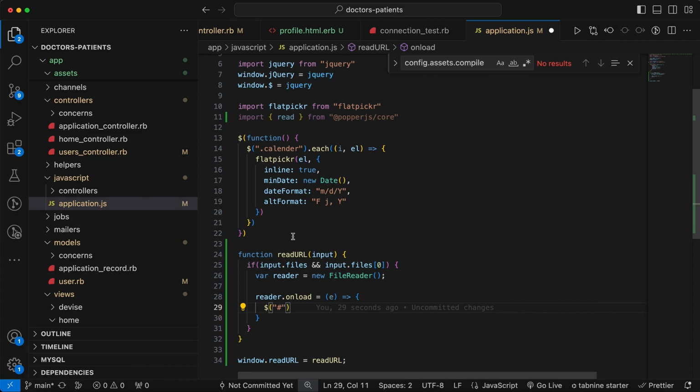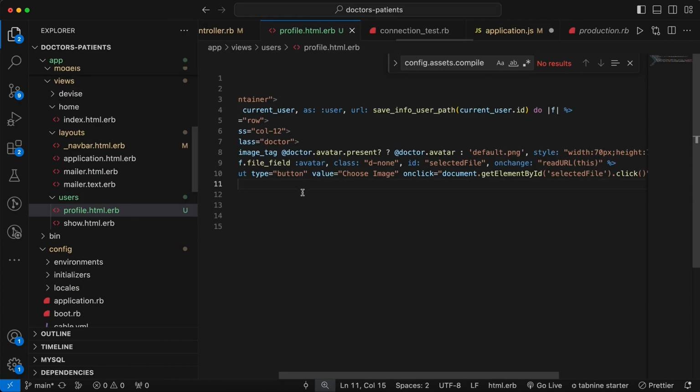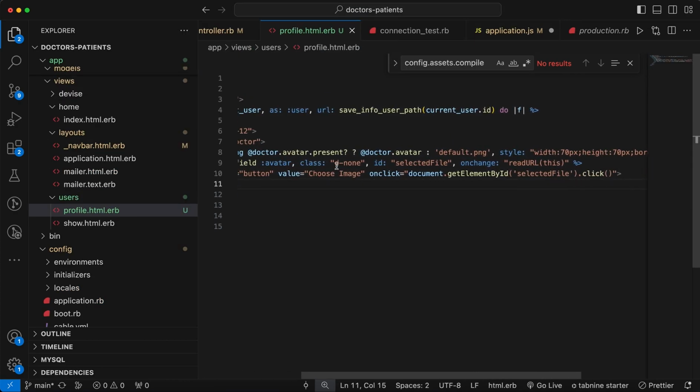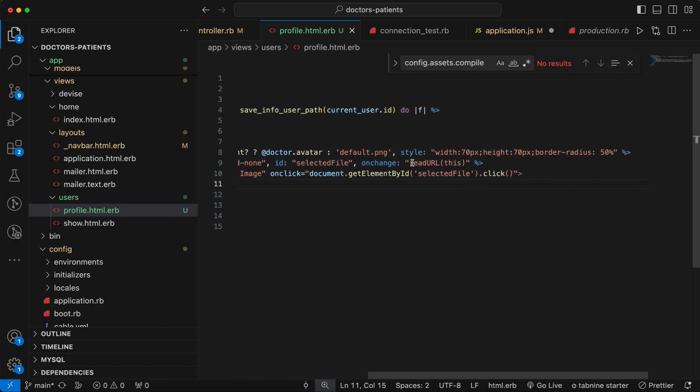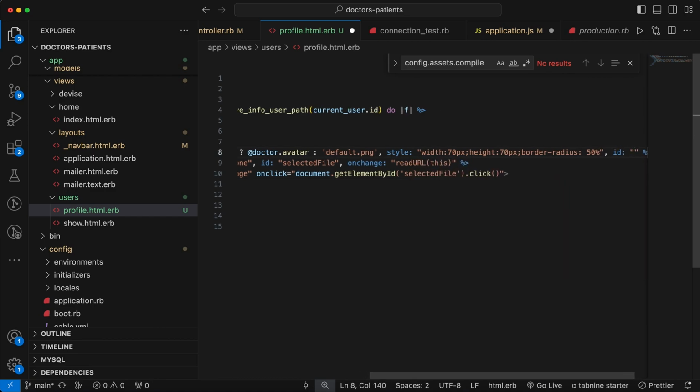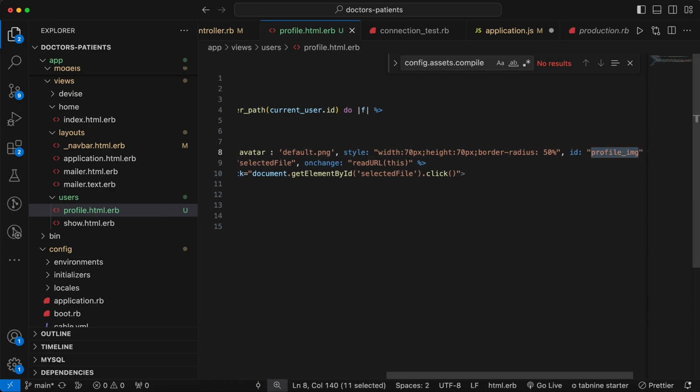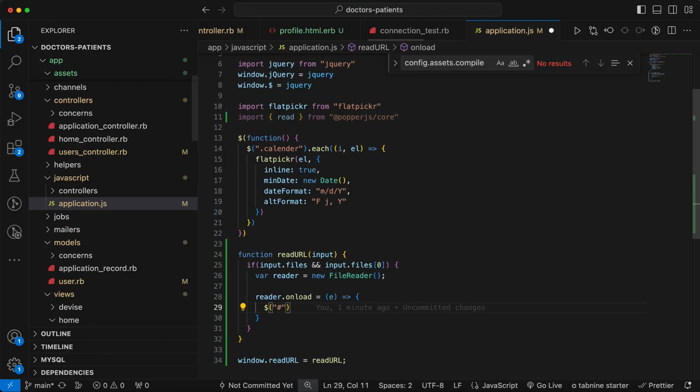So if I go back to the profile, let's add an ID. After this style tag I can add an ID of profile_image, right? Let's copy that one and go to our application.js file